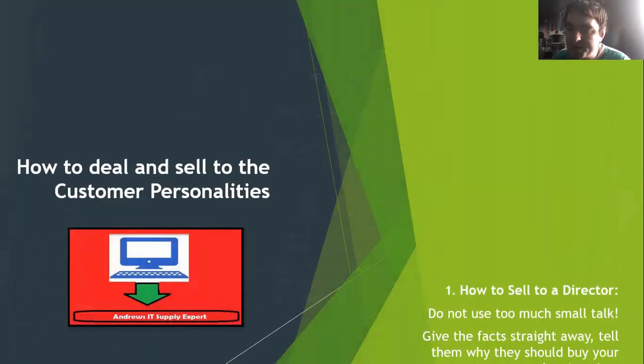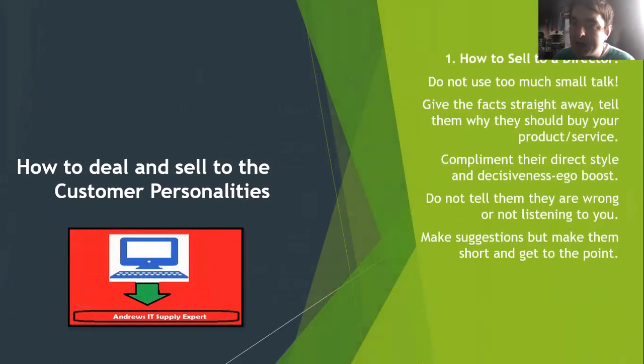Right, so those are the four types of customer personalities. Now here is how to deal and sell to those four types of customer personalities. Number one is how to sell to a director. Do not use too much small talk, like I said, the director is the worst type of customer personality for that. Get into the facts straight away. Tell them why they should buy your product and service. Compliment their direct style and